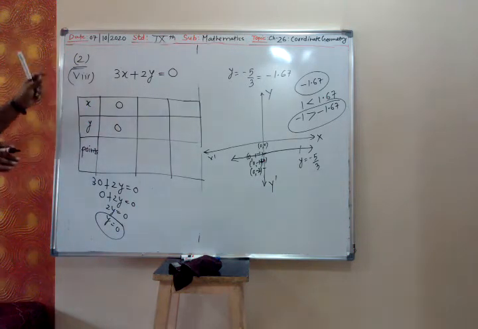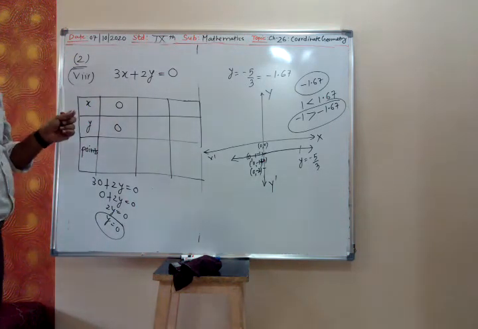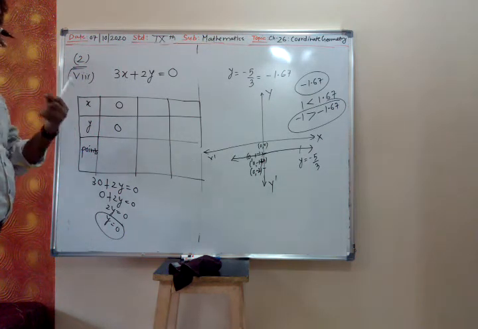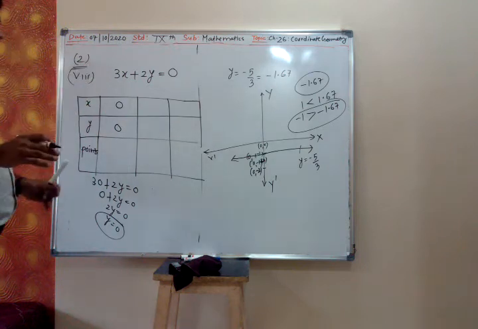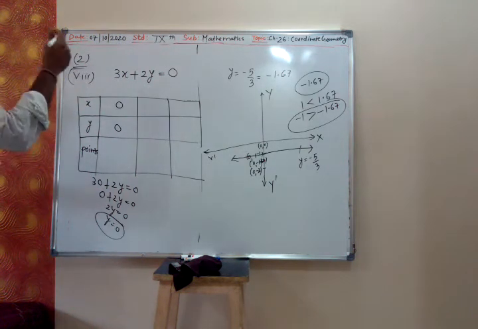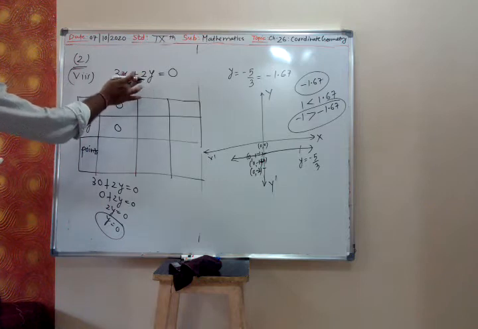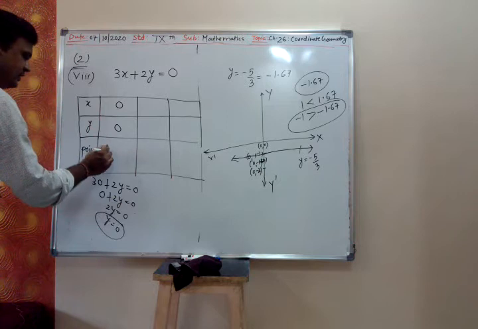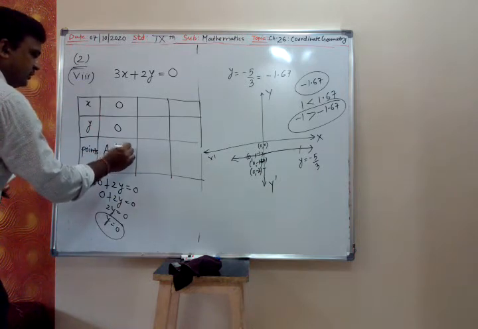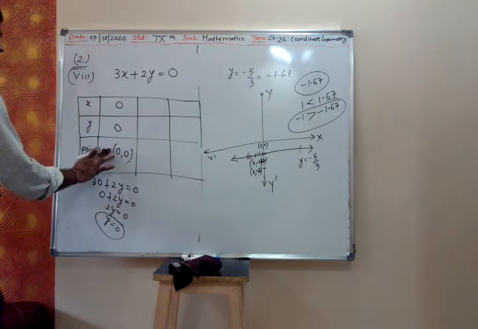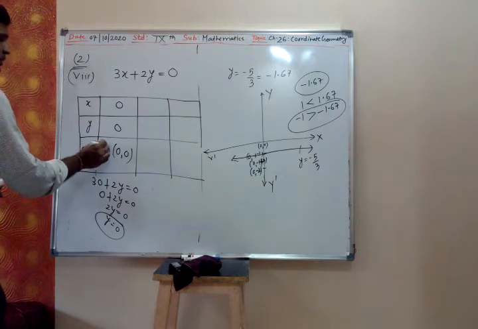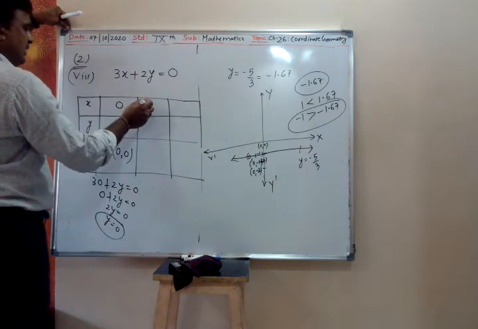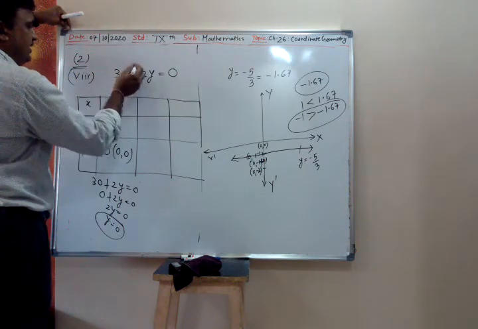So when x is 0, you can take one point. Basically to plot the graph of this straight line, we need to find 3 points. You can take any value of x and get the value of y. So when x is 0, y is 0, the point A we take as 0, 0. 0, 0 is nothing but my origin. Now next, what is the next value of x? Next value of x, you can take x as 1.